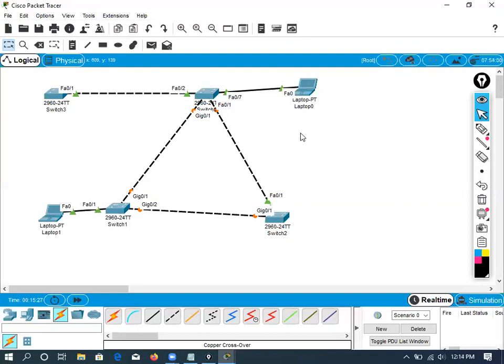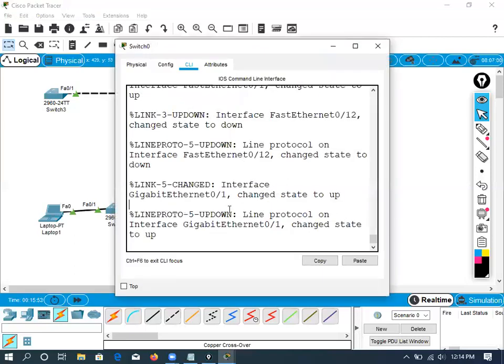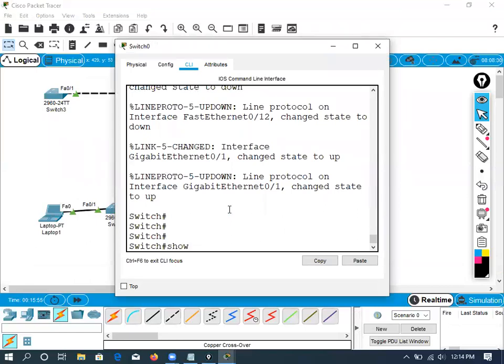I told you all the values, right? You make some changes and have a look at what happens. What is the result? Clearly understand? Previously we connected at the normal speed, but here I changed the speed. Here I connected gigabit Ethernet, and the link came up here, and this is the blocked one. Why? Because when this switch elects the shortest path, it elected this one since here I have a cost value of 4 plus 4, which is 8. So just go and run the show spanning-tree command. You'll come to know.